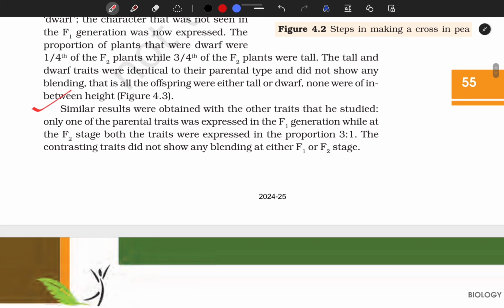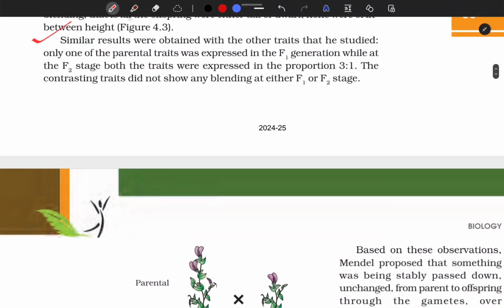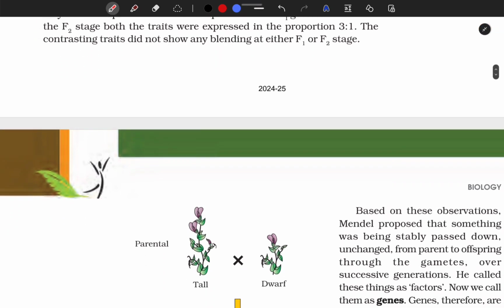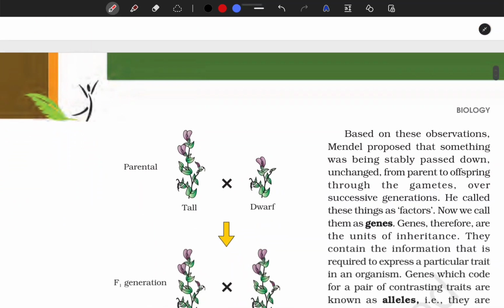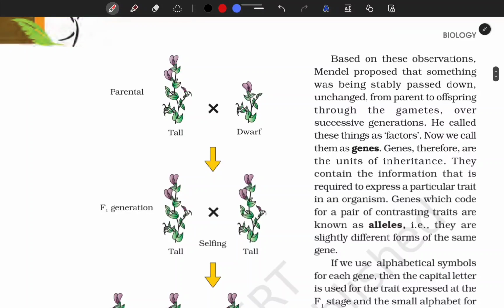Only one of the parental traits was expressed in the F1 generation, while at the F2 stage, both the traits were expressed in the proportion 3:1. The contrasting traits did not show any blending either at the F1 or F2 stage. Based on these observations, Mendel proposed that something was being stably passed down unchanged from parent to offspring through the